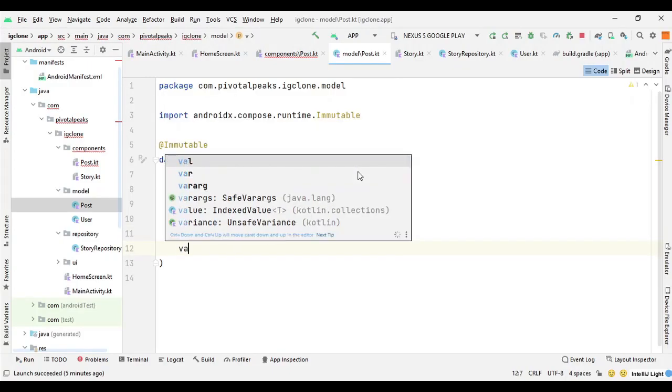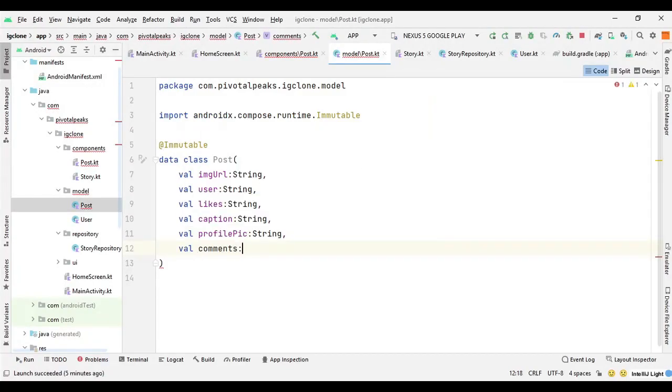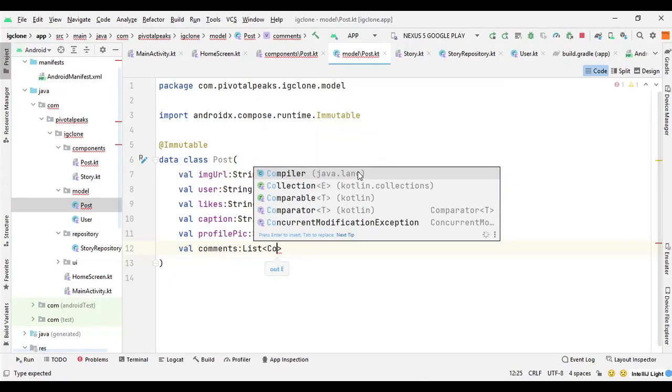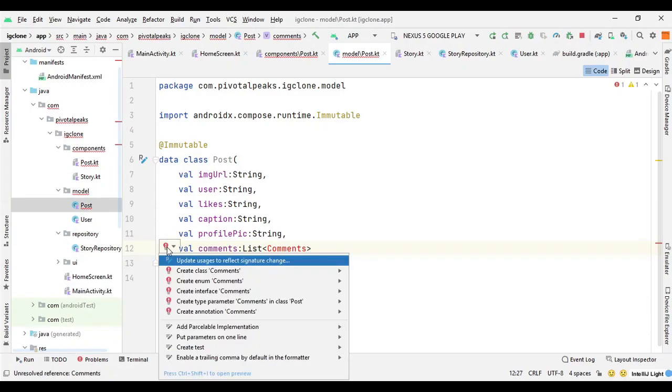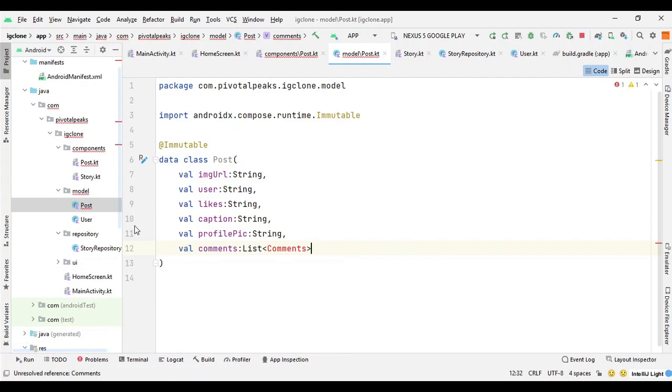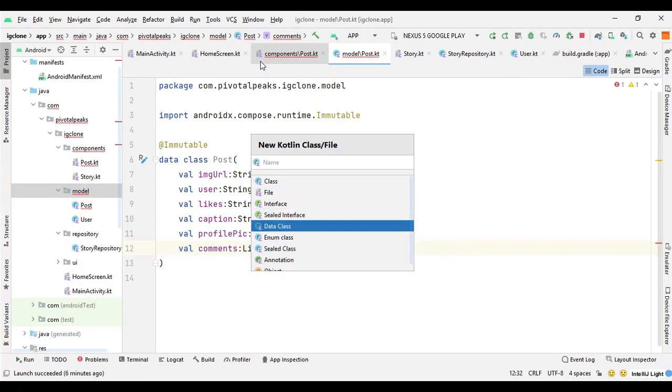So the comment will be of type list actually. So we will have to make another data class for comments, because it's going to be of type list, because we will have multiple comments. And I can say here comments, and now I need to create this data class for comment as well. So let's create it. Let's actually directly create it from here. So another Kotlin class, data class for comments.